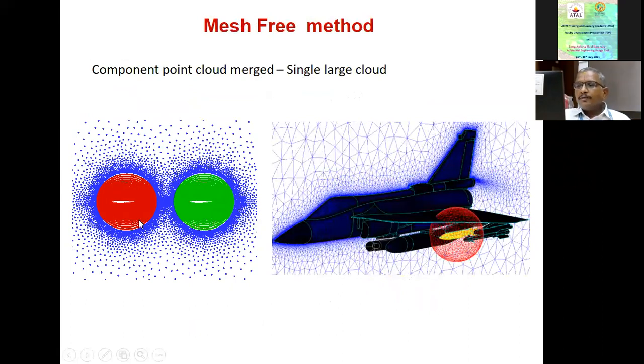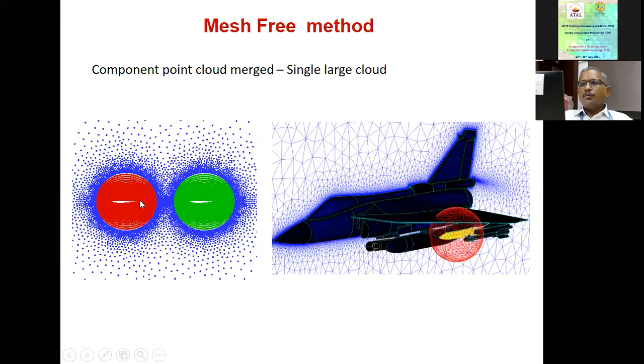So the whole idea is explained in very simple terms here. You see 2 aerofoils here. For the sake of explanation, I have taken a very simple configuration. Suppose one wanted to generate a grid around this, structured or unstructured, one has to really take care of a lot of details about the body and near body resolutions. What do I do? I will still use a grid generation tool, but I will use it in a much easier way.